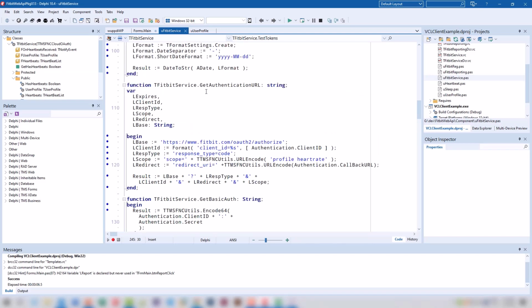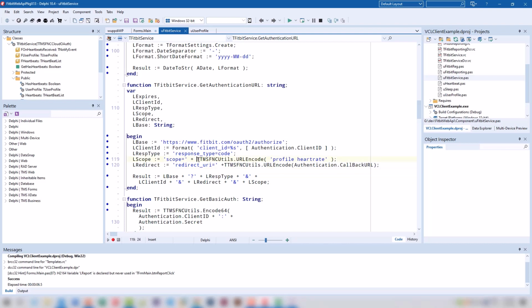And when we implemented the method getAuthenticationURL, at that point we just added heart rate. You can look it up in your code. It was just heart rate. And now to the scope we add profile, because if we look in the documentation of the Fitbit web API, we need to specify profile as well if we want to access the user profile. And this leads to a different login dialog for the user that gives us permission to access it, because it not only lists the heart rate API, it will also list that the client wants to access user profile information.